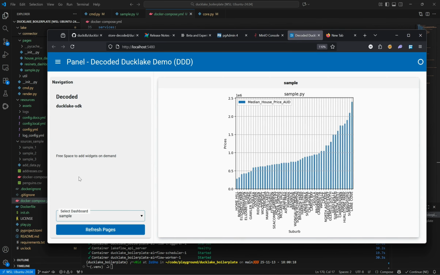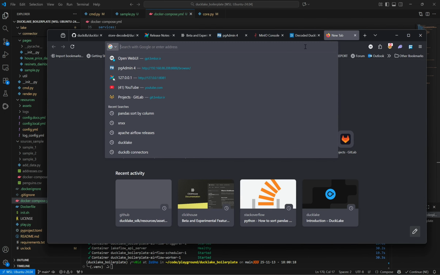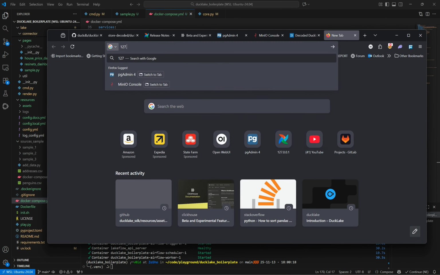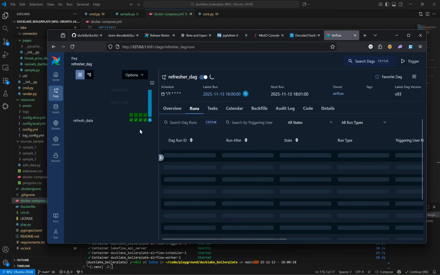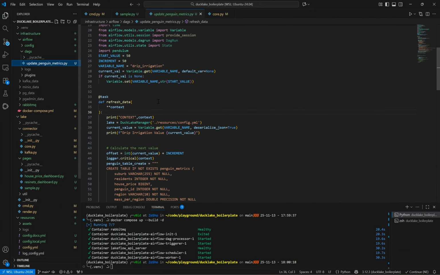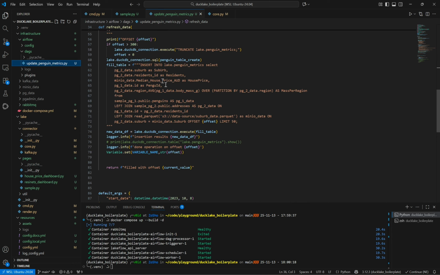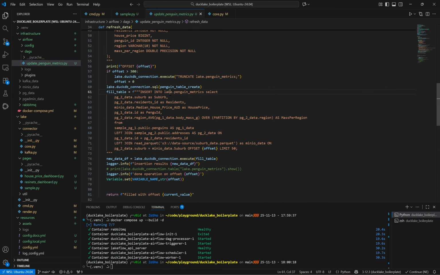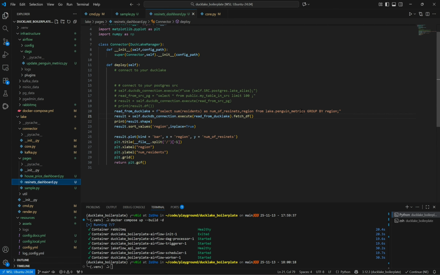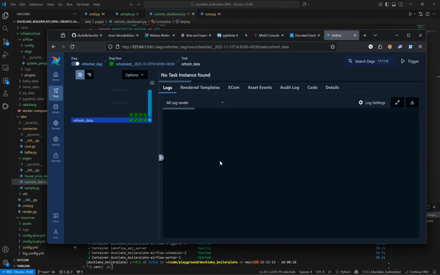This is off right now, but if I head over to the web server UI of my Airflow and check out my DAGs, I have a simple DAG here that is simply reading a fraction of the data from all these three sources and inserting them inside this table. And this dashboard here is reading from this specific table. So if I wait for it to run and do the job,